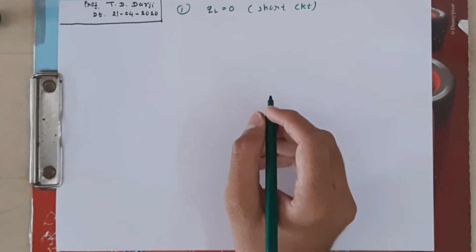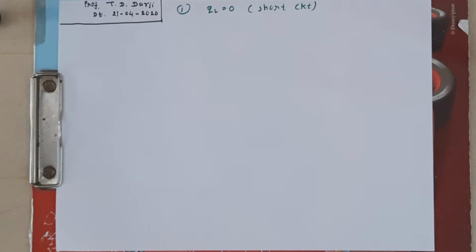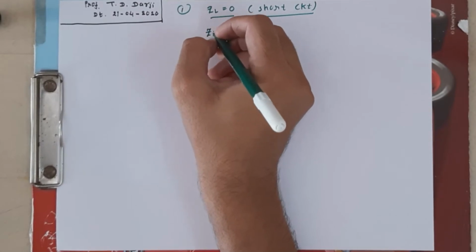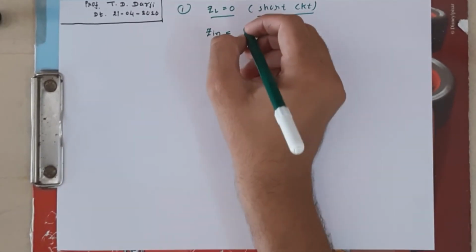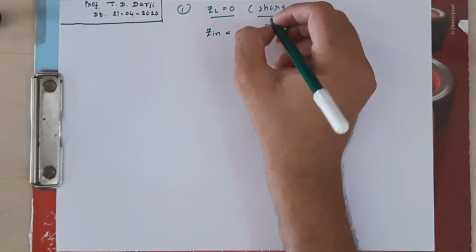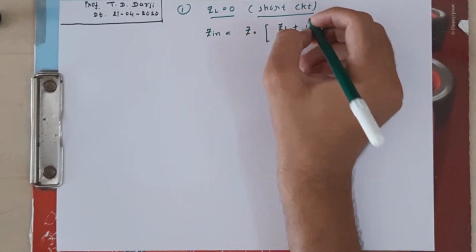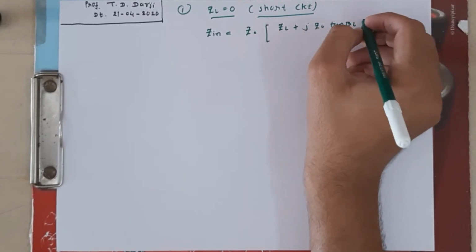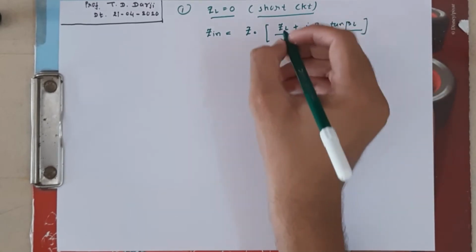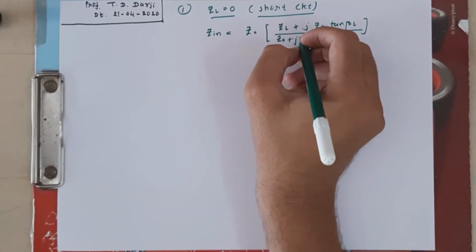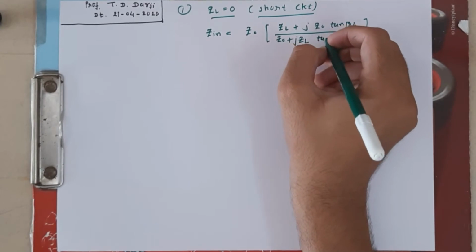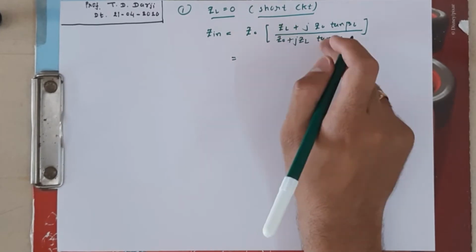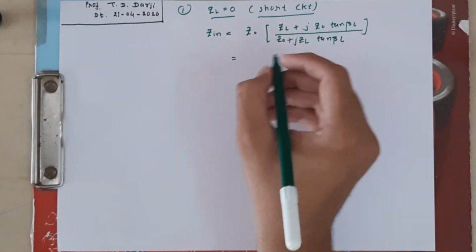In the short circuit case, first of all we have to find the value of Zin, the input impedance of the transmission line. I will write the generalized equation of Zin: Zin is equal to Z0 times (ZL plus jZ0 tan beta L) over (Z0 plus jZL tan beta L), where beta L is known as the electrical length of the transmission line. I have to put ZL equal to 0, so the answer is